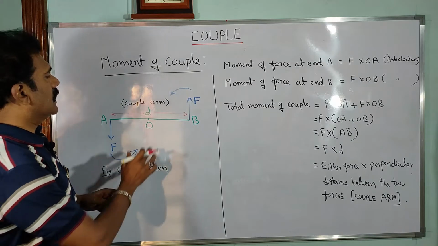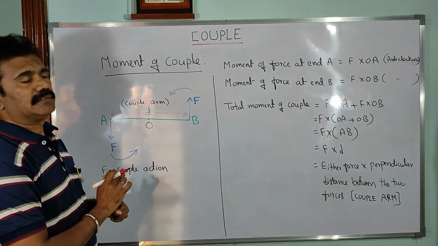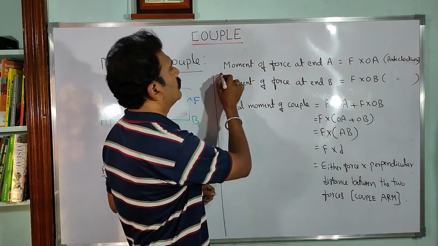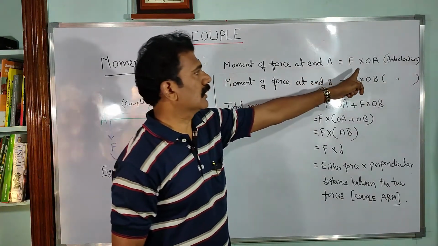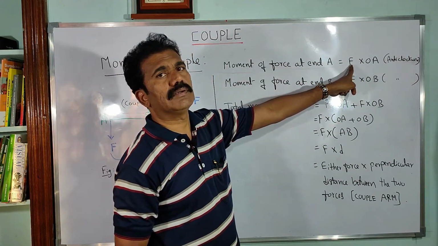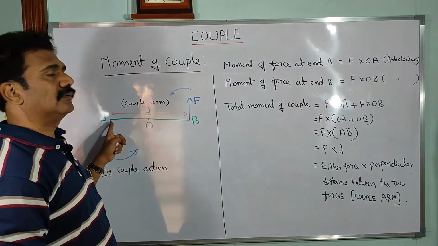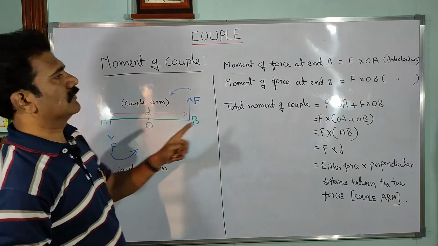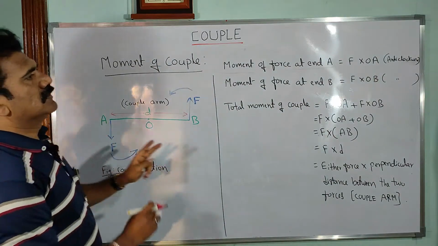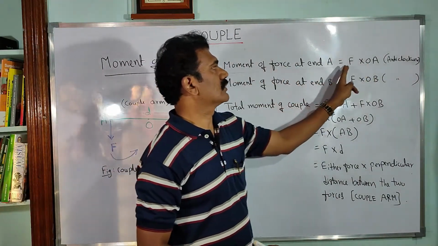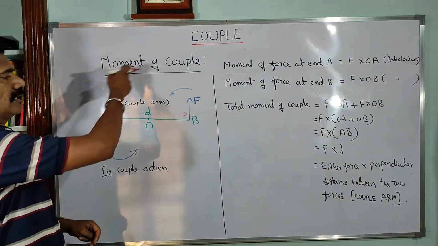Now in this diagram, the moment of the force is obtained for each force, right? So you can calculate the moment of force at the end A first. That is given, as usual, by the product of the applied force and the perpendicular distance between the pivot point and the place where the force is applied. So that means F into OA, this distance OA. So this moment of the force at end A gives what kind of rotation? It gives anti-clockwise rotation like this.